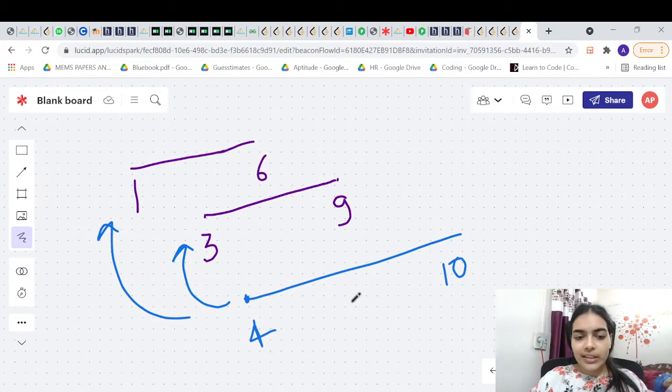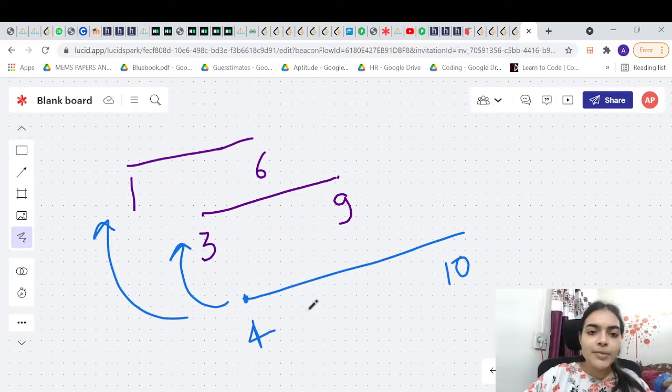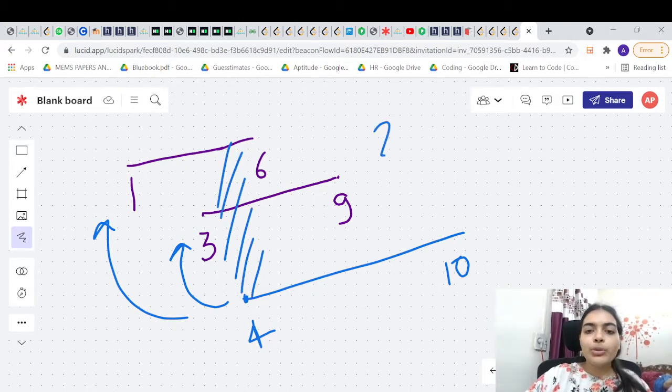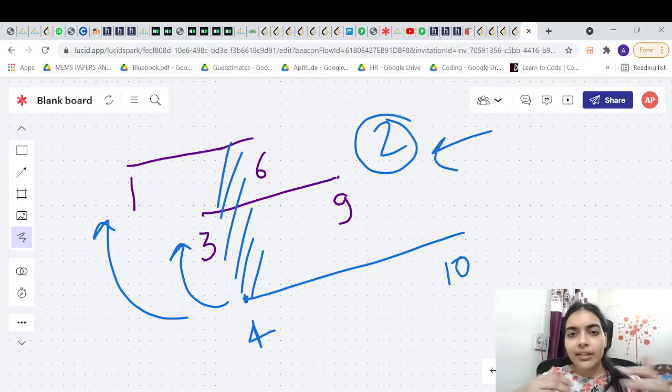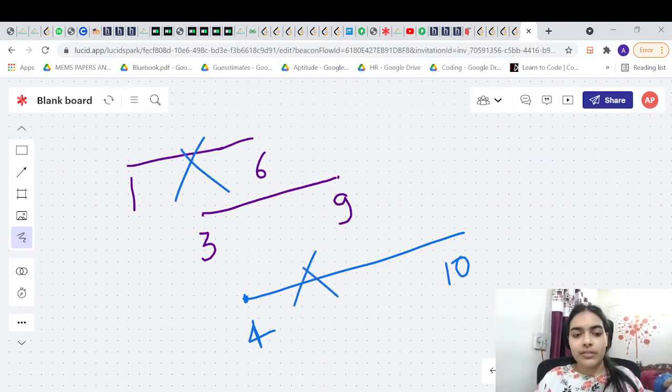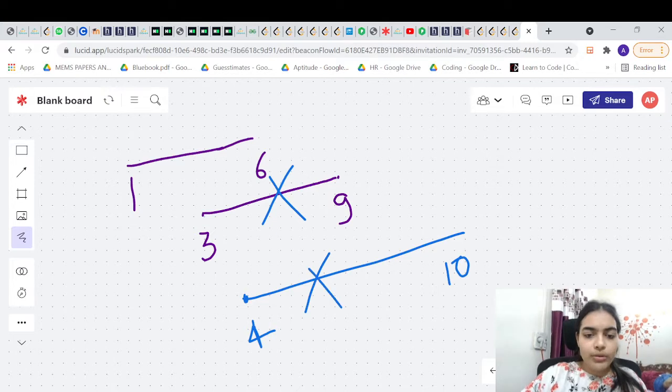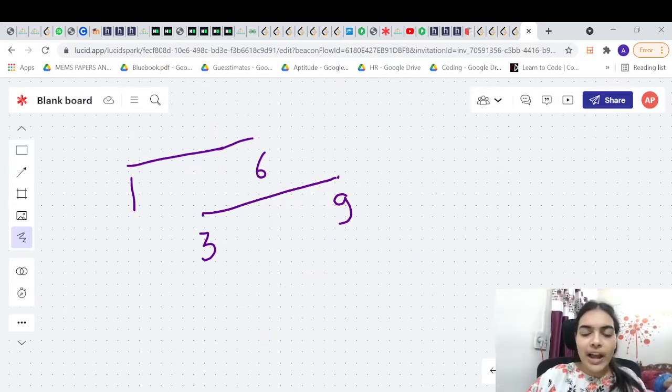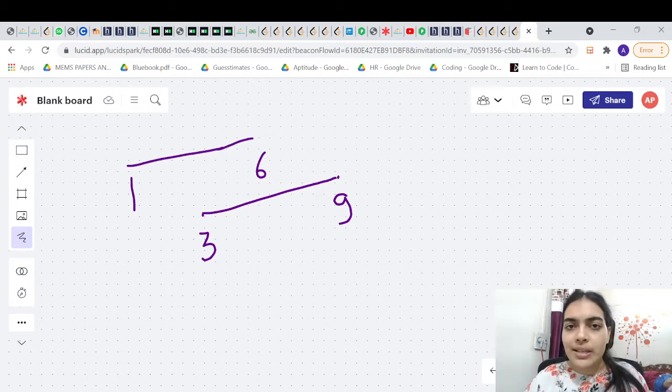Let's consider this case now. If it overlaps with both of the previous intervals, then what will happen? You will have to delete 2 anyway, because all the 3 intervals are overlapping. So you will never have the answer equal to 1. You will never have this case, because if all the 3 intervals are overlapping, you will have to delete at least 2, because all are overlapping. So either you delete these 2 or these 2 or these 2, whichever 2 you like, you will still have to delete 2. Okay, so this case is simple.